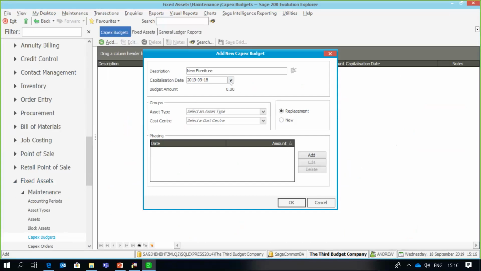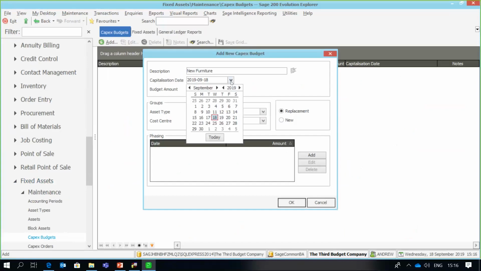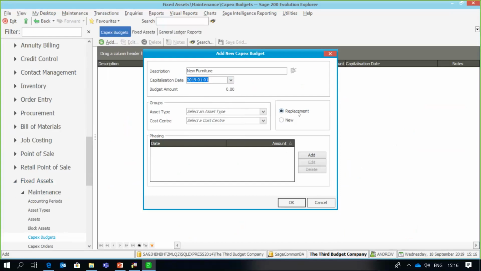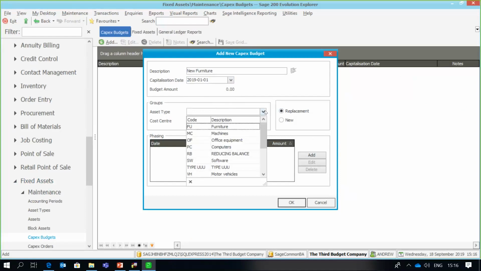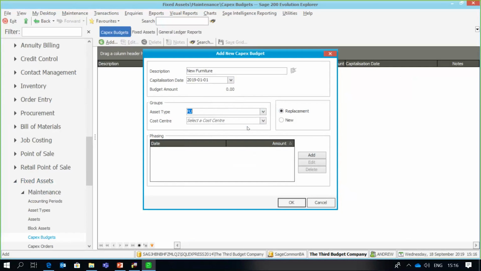and then the capitalization date is simply the date when the budget becomes effective. So I'm just going to say from the first period of my financial year, and is this for replacement or new items? And very importantly, the asset type that this budget refers to. Right, so I'm going to just say, now what needs to happen now is we're just going to save this record,